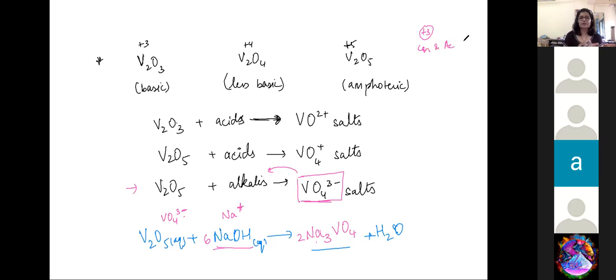So if at all you come across a lanthanoid that is in +2, then it will want to get into +3. So it itself is getting oxidized, so it will show a reducing nature. And if you come across cerium or ytterbium in the +4 oxidation state, then it will want to get back to +3. So +4 to +3 is going to show an oxidizing nature because it itself wants to get reduced.